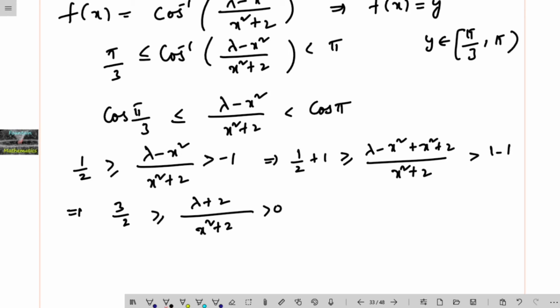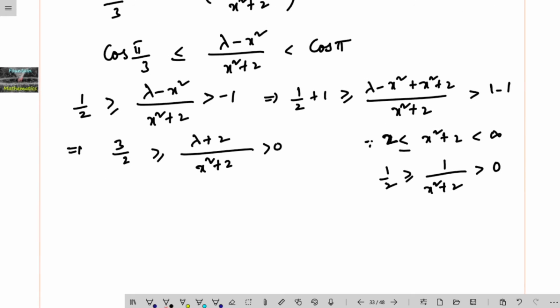is greater than 0. Okay, and since x square lies between 0 to infinity, x square plus 2 lies between 2 and infinity. You can take it as 2 less than or equal to x square plus 2 less than infinity, so 1 upon x square plus 2 must be greater than 0 here, and it should be less than or equal to half. We can take the inequality change. And since here 3 upon 2 is greater than or equal to (lambda plus 2) upon (x square plus 2) is greater than 0, comparing both,